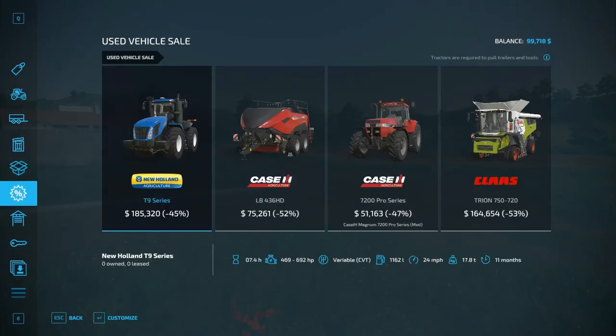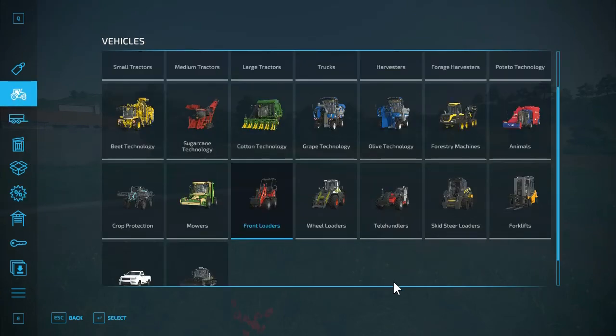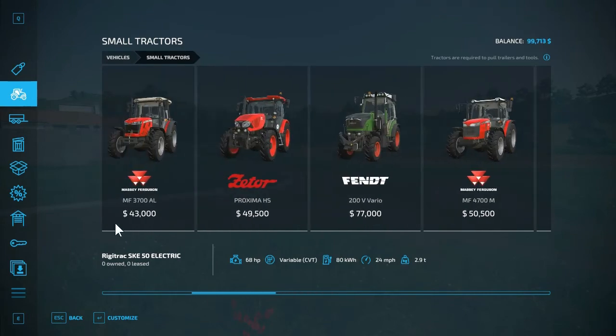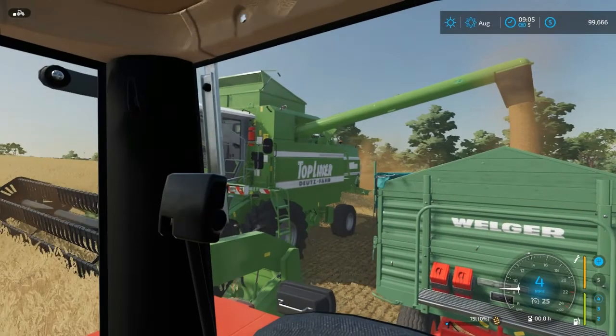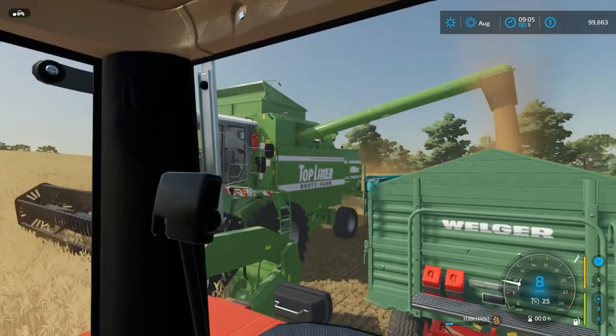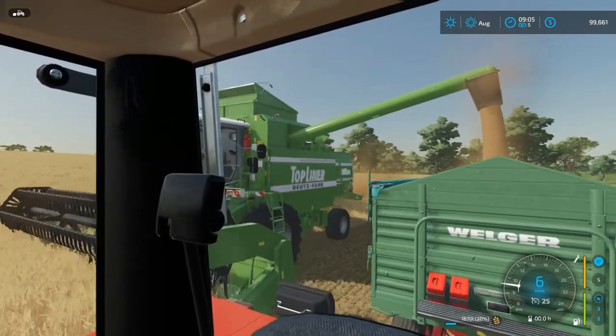This used equipment market though, it's game changing in terms of getting stuff cheap. It makes you spend, like, it's really bad. Before I make my full equipment shopping decision, I need to do my first unload on the go here and empty the combine, which